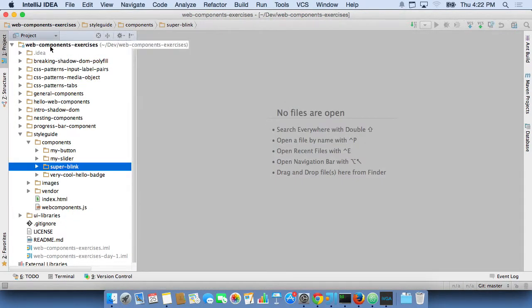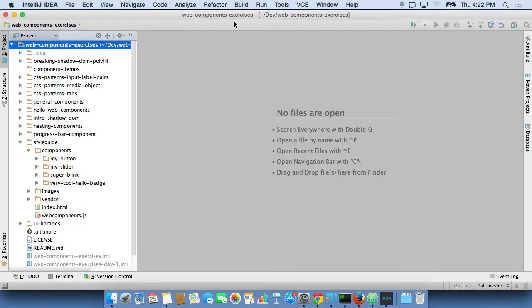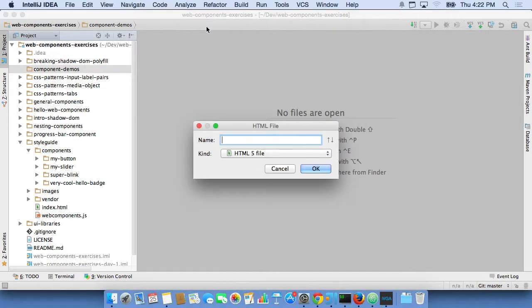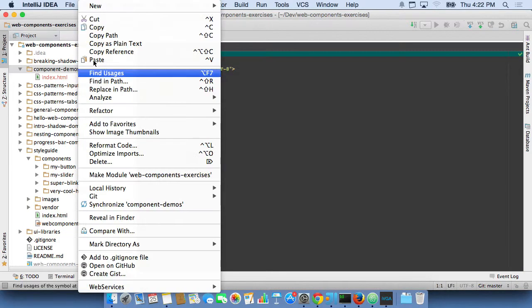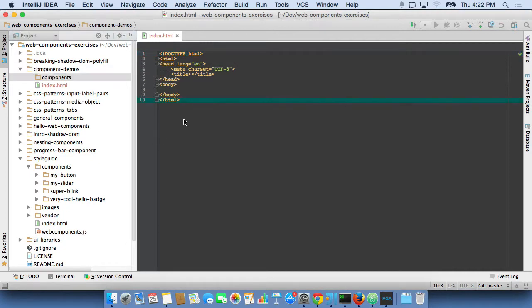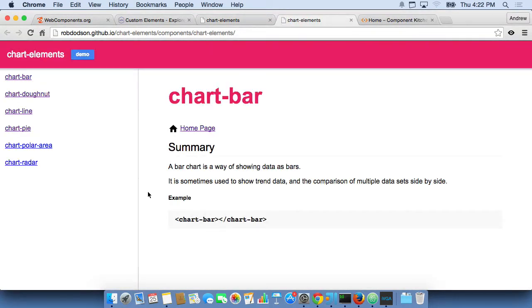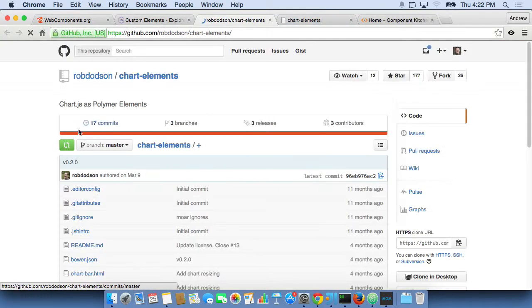I'm going to make a new folder, and we'll call it component demos. In there, I'll start with one index.html. And then I'm going to go ahead and create a components folder as well. First thing here, when you download this component,